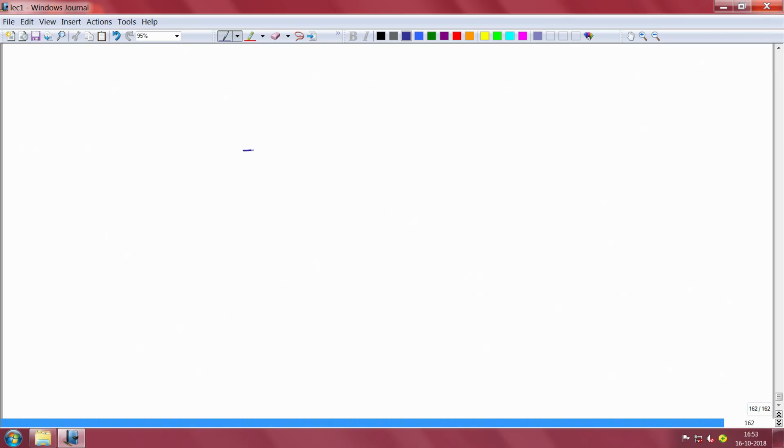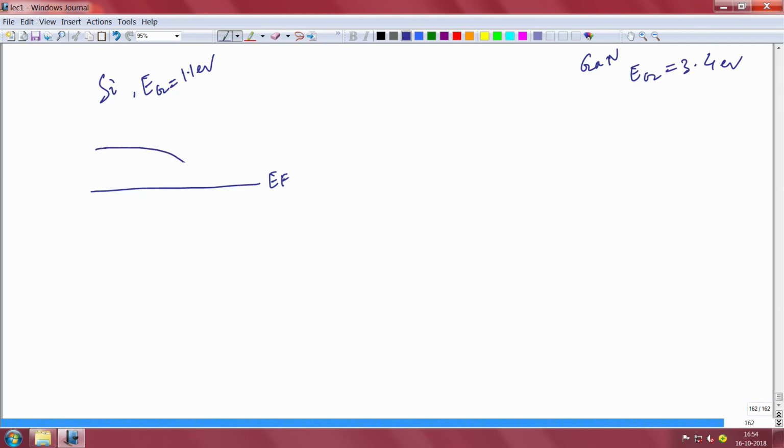Realistically, think about different kinds of semiconductors. I told you that if you have, say, silicon, the band gap is 1.1 eV. Suppose you have gallium nitride. This is another semiconductor whose band gap is 3.4 eV. So for silicon, this is the Fermi level, and this is your p-n junction like this. For gallium nitride, the band gap is large, so